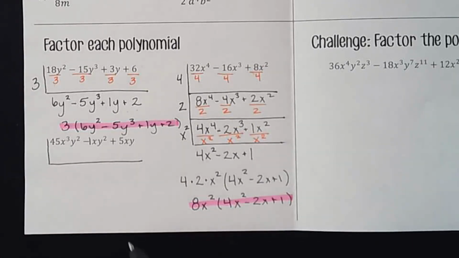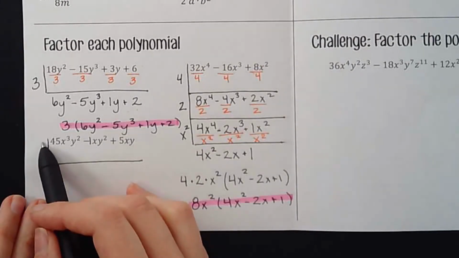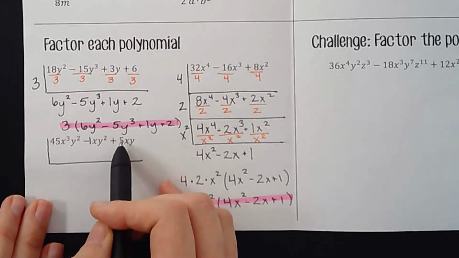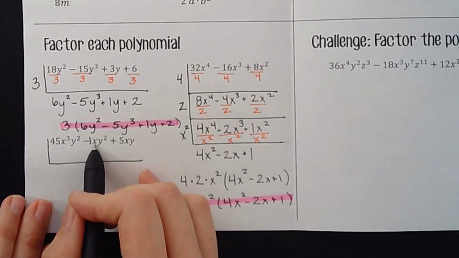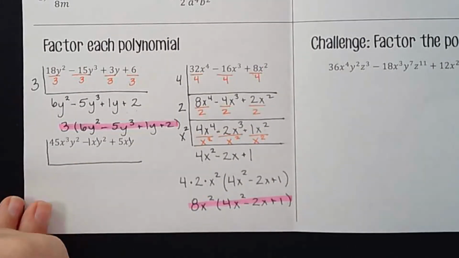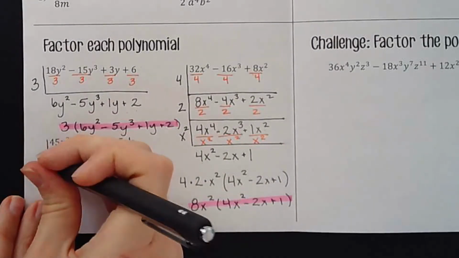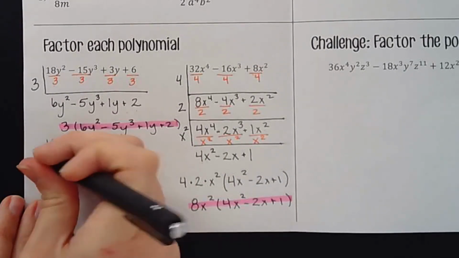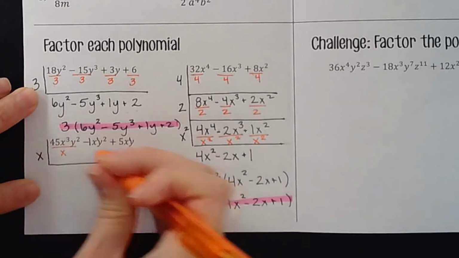So now I'll start looking at my variables. What variable would have been distributed to all of these terms to get this answer? Well, I've got an x to the 3rd power, an x to the 1st power, and an x to the 1st power. So I can divide or factor out an x from all of those terms. So if I divide all of my terms by x,